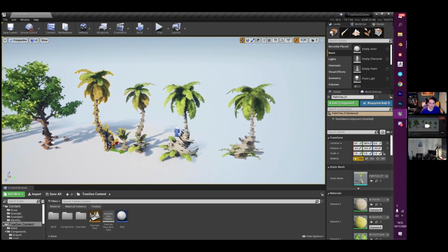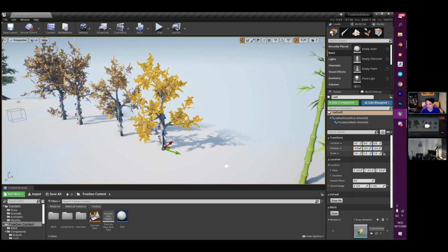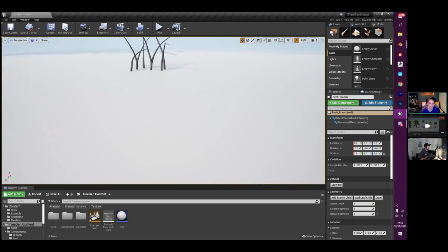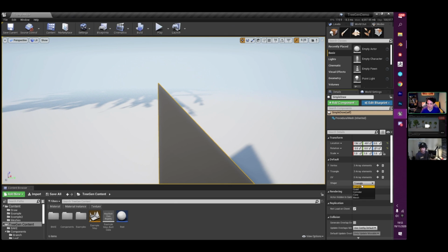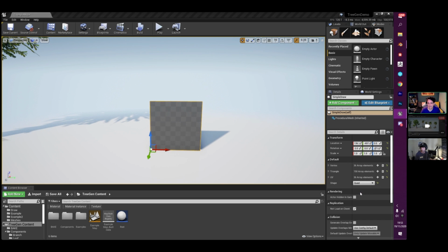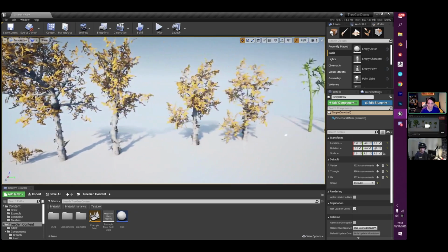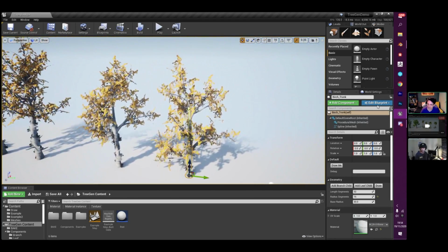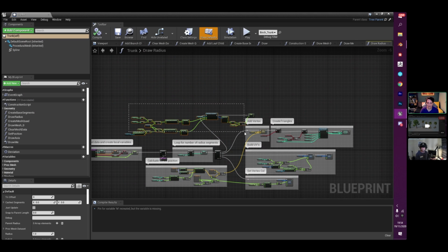Sure. So I've got a load of these examples here, right? And this stuff can look really complex, but the main thing that you've got to keep in mind is that it is all just this data. It's just these quads and these cylinders stacked on top of one another. So I think the main thing I want to get across is that even though all this stuff might look really complicated, like terrifying spaghetti code,